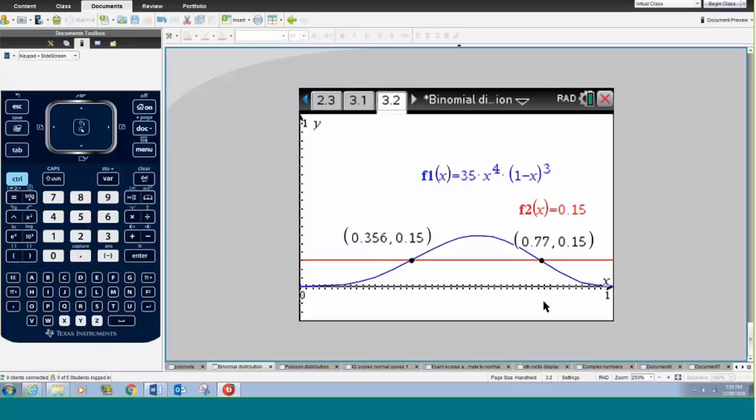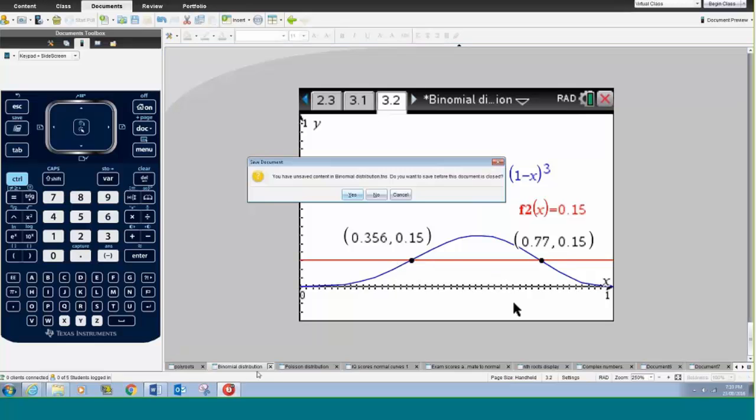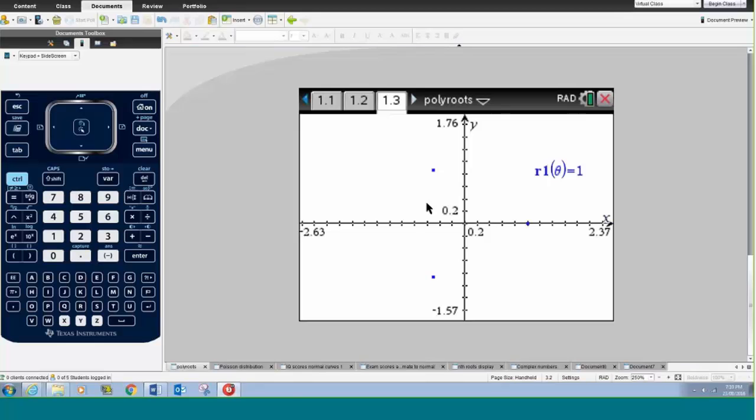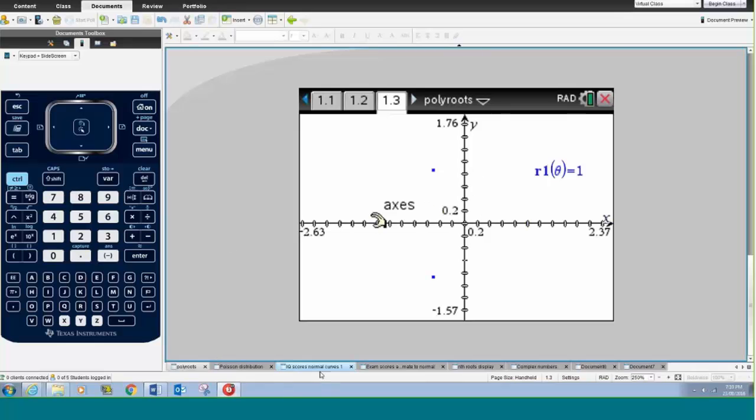So it's advised that students actually do the graphical solutions. So we use our formula and then put the probability and find the solutions numerically. So I close that at the moment. And the next thing I will look at will be